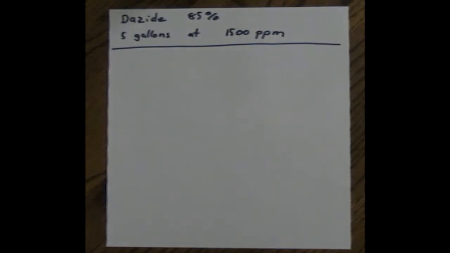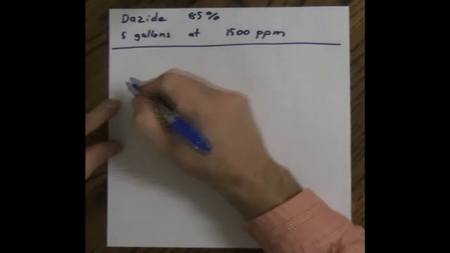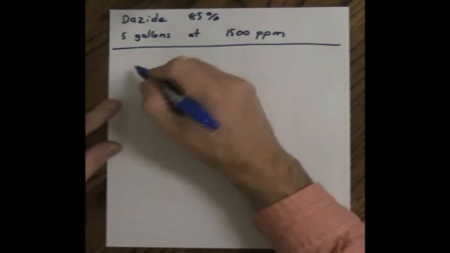Now let's do an example of a PGR that comes in a solid form, like Dazide, which comes in a formulation that's 85% active ingredient. We want 5 gallons at 1500 parts per million. Now again, using our conversions for the active ingredient, we know that if it's 85% active ingredient, that's the same